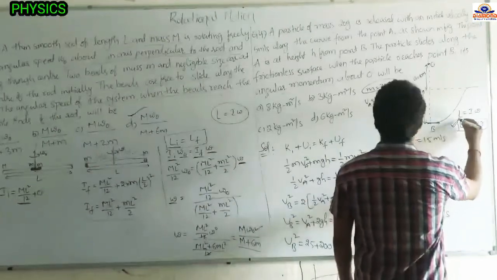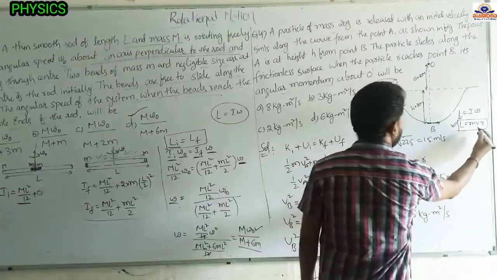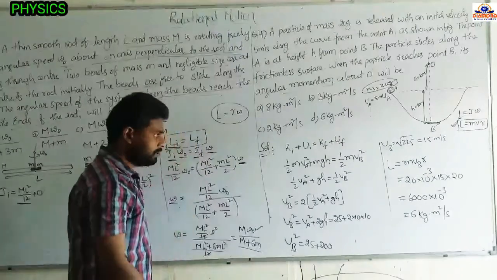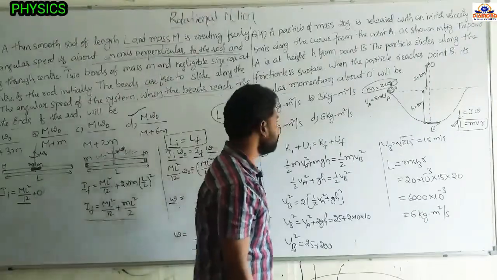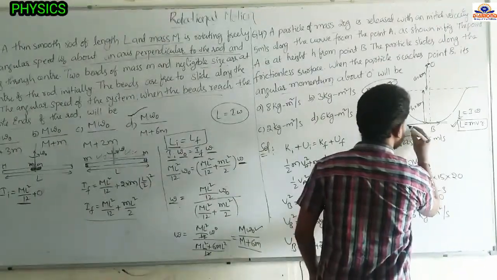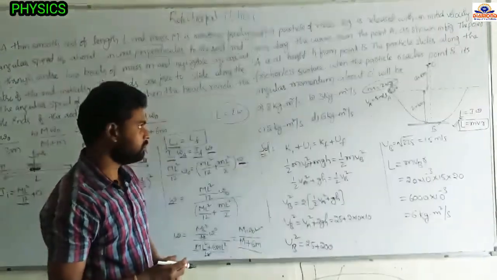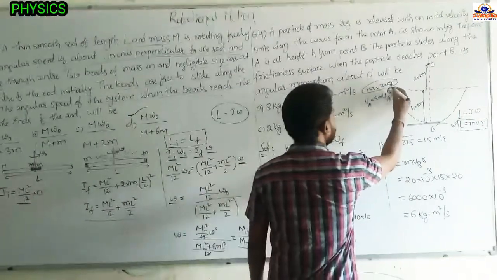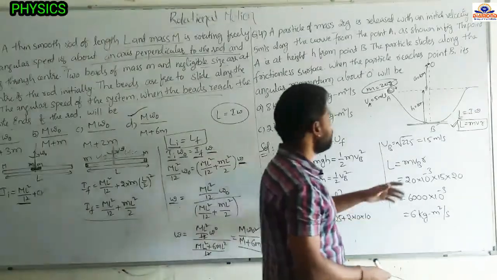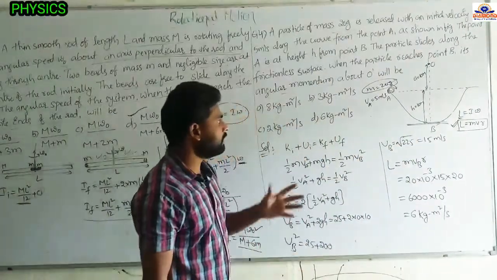Why? Because the mass of the particle is given and this distance is given, we have to find the velocity at this point first. At the B point, what is the velocity we have to find? To find that velocity at point B, we will use the conservation of energy. So I am considering the reference level as B. With respect to B, I am going to apply the conservation of energy. Whatever energy the particle has at A is equal to the energy it has at B. That means the energy is conserved.